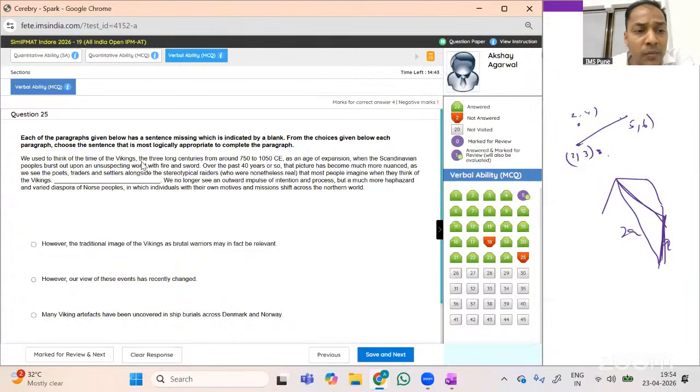Just to think of the time of the Vikings. Over the past 40 years or so, that picture has become much more nuanced as we see the poets, traders, and settlers alongside the stereotypical raiders who were nonetheless real. And most people imagine what they think of the Vikings. Okay, I'm left with almost 20 questions. I need to speed up. We no longer see an outward impulse or intentional, but